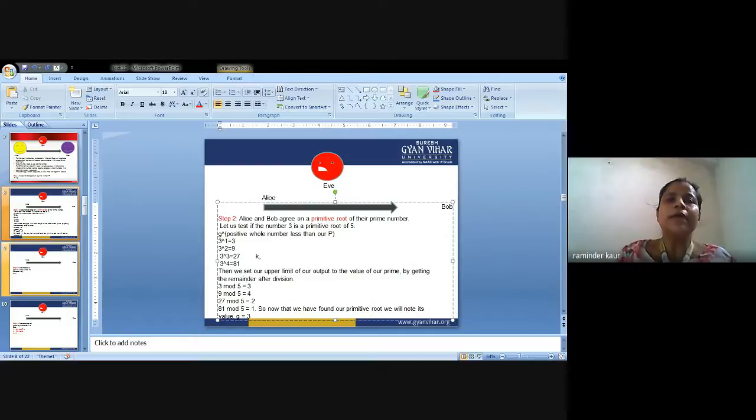Next is 2. Alice and Bob select private keys A and B. We are supposed to select A is equal to 4 and B is equal to 3. So next is step 3. Alice and Bob compute public values that I told you in the formula, that is X is equal to 9 raised to power 4 into modulus of 23, which is equal to 6561 modulus of 23. I am just giving you the example here. Just wait, I am writing the whole text there.